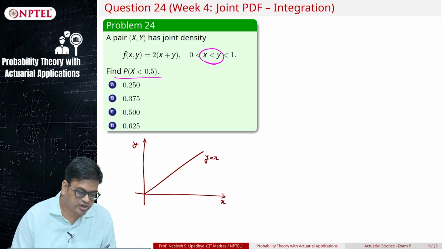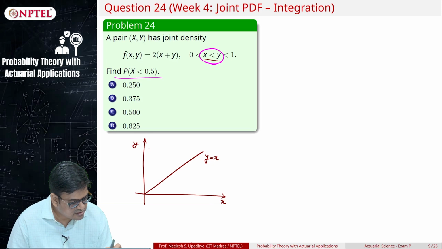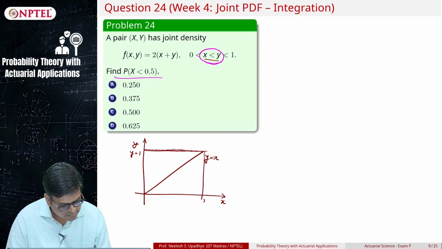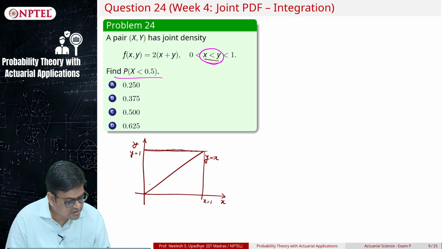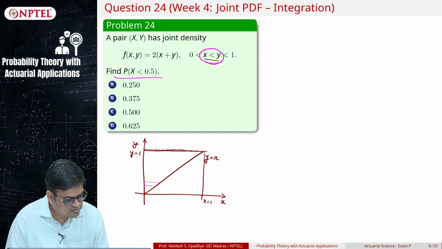So, what domain we are talking about when we talk about x less than y? If you look at this, range of y is sealed at 1. So, I will assume this level is 1. So, this is one level. So, y is equal to 1 here, and you can also assume x is equal to 1. So, that becomes a square. In this square, x is going to be always less than y. In which zone that is happening? So, that is happening typically in this zone. See, x is less than y all the time.